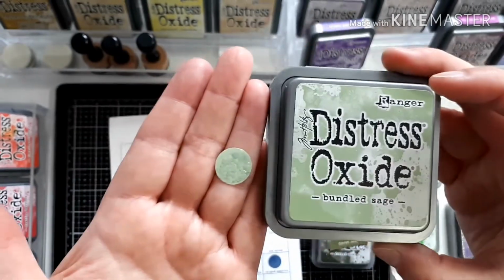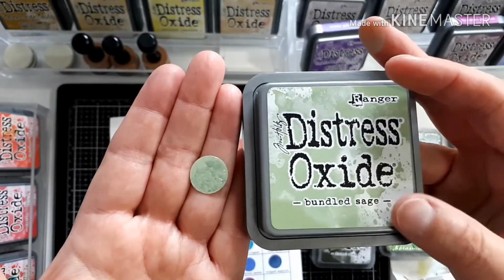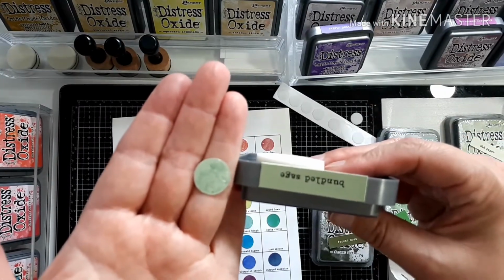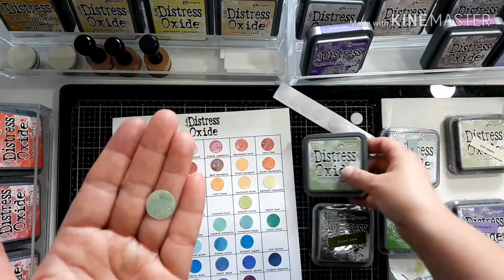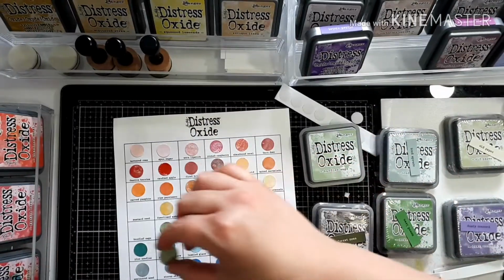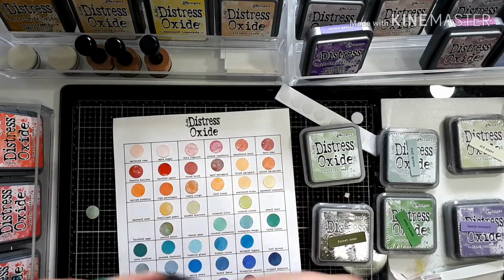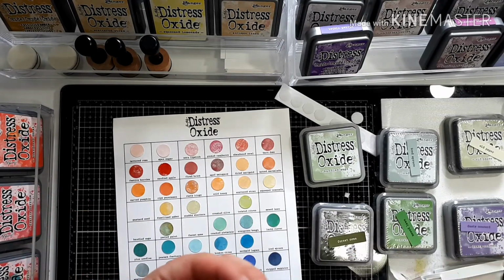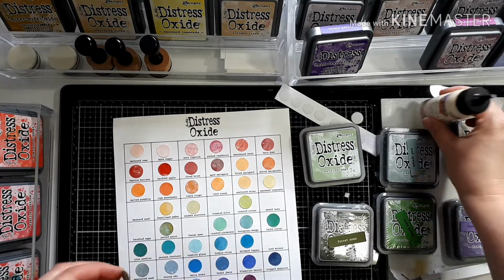So you can see it doesn't match the color on the label, but I guess it really doesn't match that either, but at least it gives you an idea. And I guess that's why you should always color swatch things, because you never really know how close things are going to be. So then I just take some glitter glue with a little bit of rust,